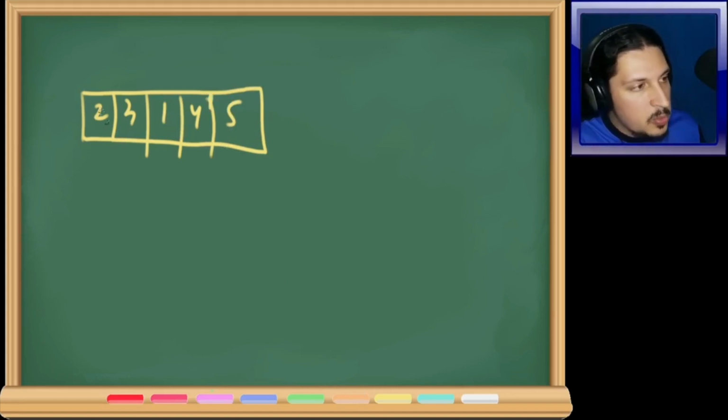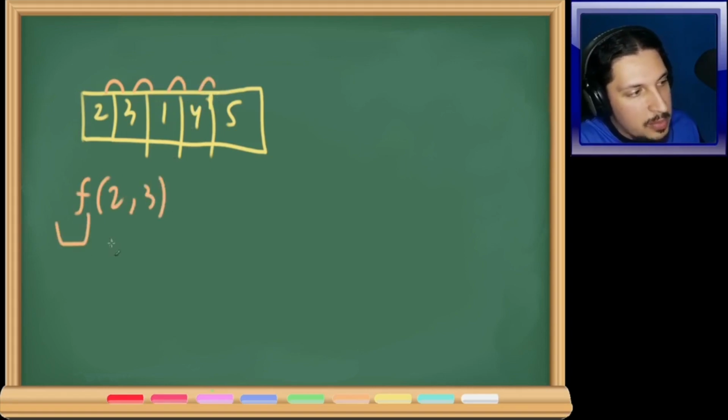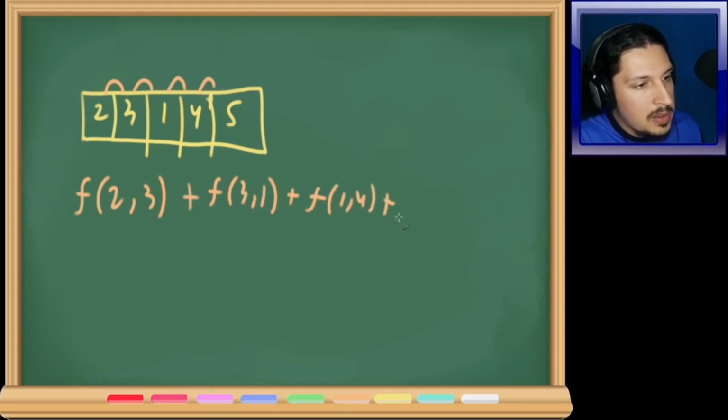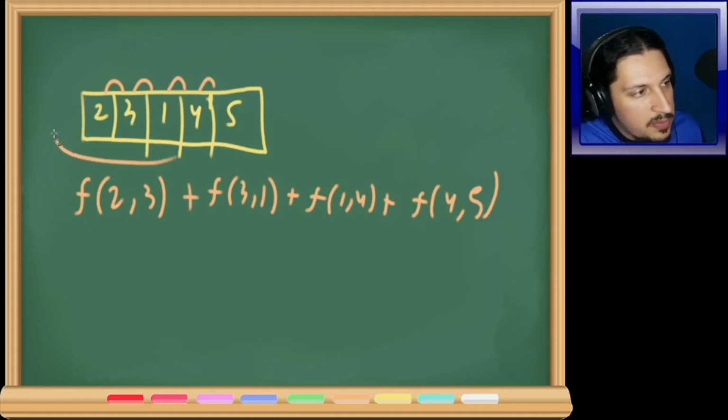And then for each permutation, you have to go through the adjacent numbers and make a very complicated calculation about those numbers. Like, I don't know, f of 2, 3, where f is a black box, a very mysterious, very chaotic function,